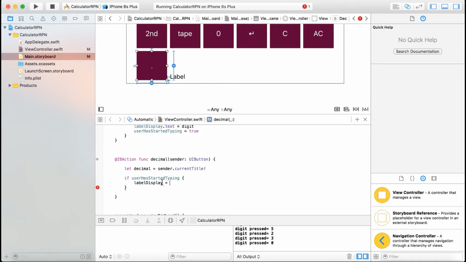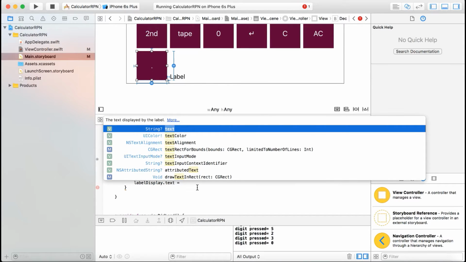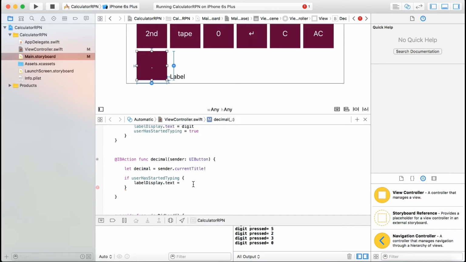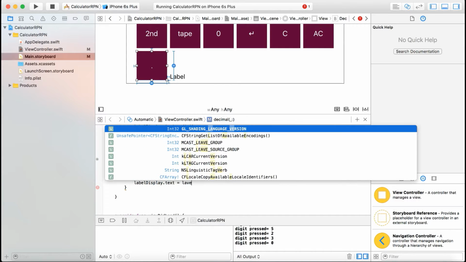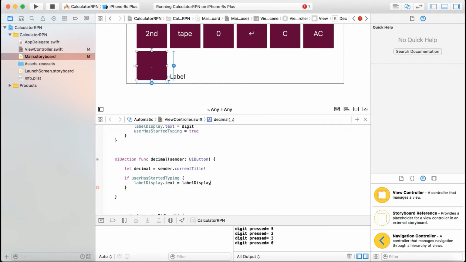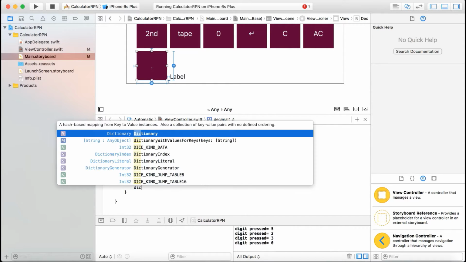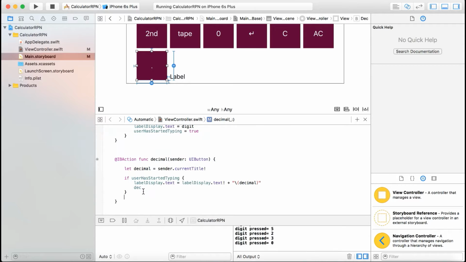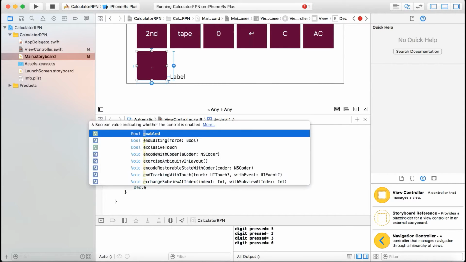So label display dot text, sorry. Okay, I'm going to do equals label display dot text plus, and then we're going to add on the decimal. So same thing, going to do speech, going to do backslash decimal. We're going to close it with a speech mark. And then we're going to do decimal, which is the outlet that we created, which is the deck at the top. We're going to do dot enabled